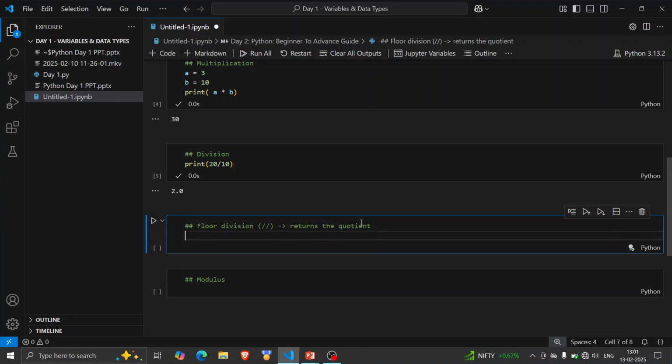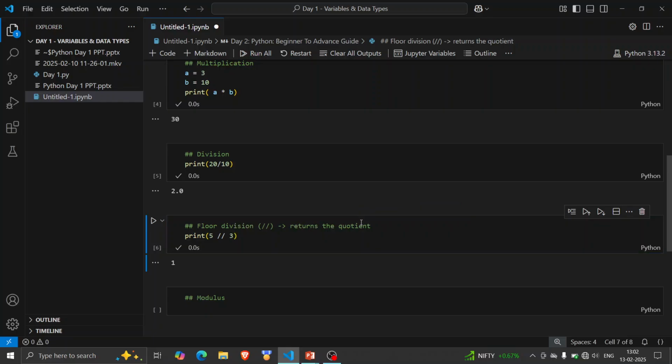If I say print 5 floor division 3, since 3 can divide it only one time, the quotient would be 1 and the answer would also be 1. If I change it to 6, then the quotient will become 2, since 3 twos are 6. So it returns the quotient only.